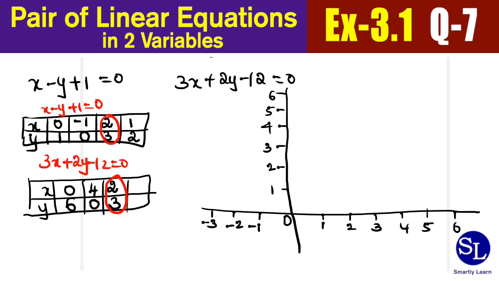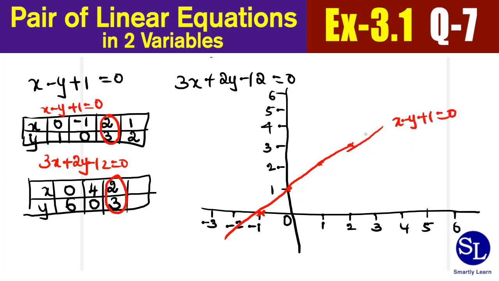And let's first mark the first line. I'm using the red color for the line x minus y plus 1 is equal to 0. So when x is equal to 0, the value of y is equal to 1. When y is equal to 0, the value of x is minus 1. When x is equal to 2, the value of y is 3. So the point is somewhere here. When x is equal to 1, the point is 2. So it is lying here somewhere. If I join these, I get to have the line. This is a freehand drawing, so the line may not look very nice. So this is the line x minus y plus 1 is equal to 0.